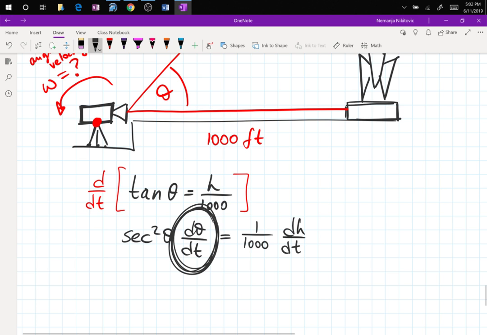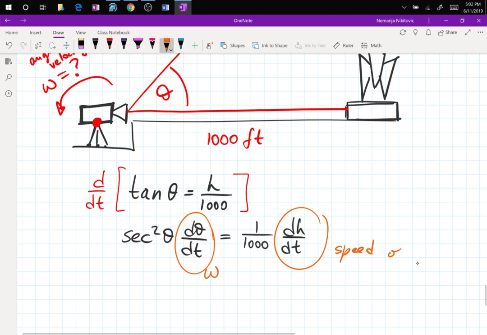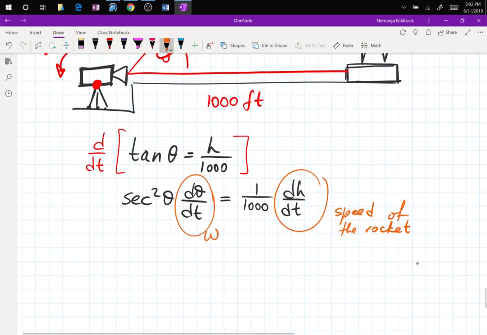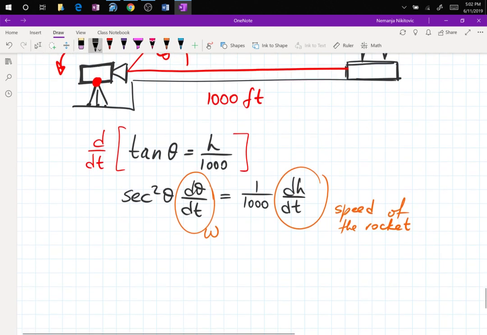I got it in a formula. Awesome. And what's dh dt? Which is what? The rocket's velocity. Excellent. We have a rocket scientist here. The speed of the rocket. Nice. So let's go and